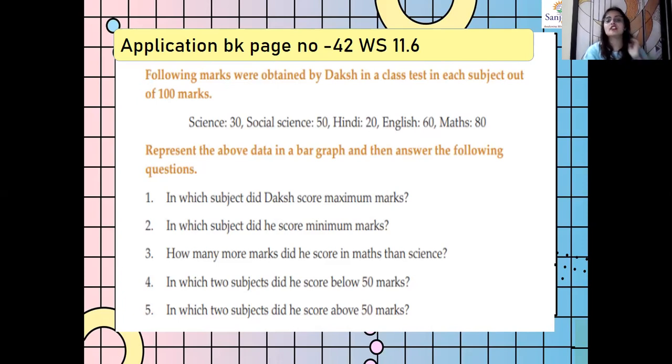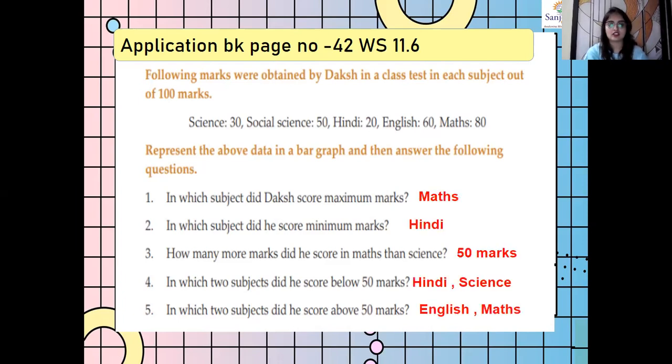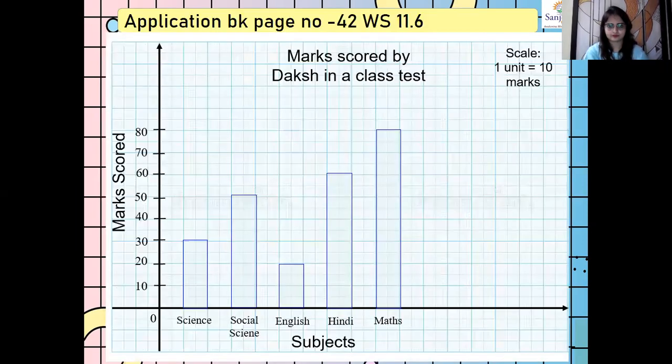Okay. So based on this, first, we will be drawing a bar graph. Represent the above data shown in a bar graph, and then we will answer the questions. Okay. Now pay attention here. Children, you will always be drawing a bar graph. You need a graph paper. You can buy one graph paper from the shop and draw this in that graph paper. Okay. You need to draw this in your graph paper.